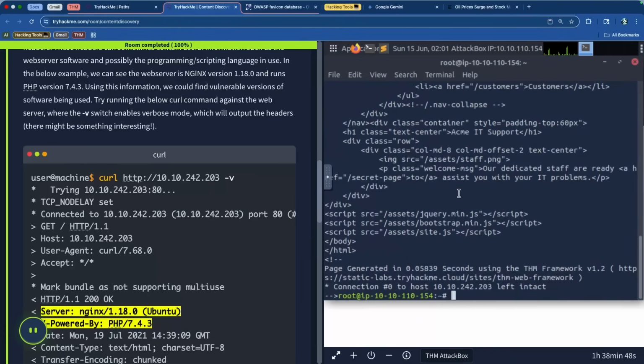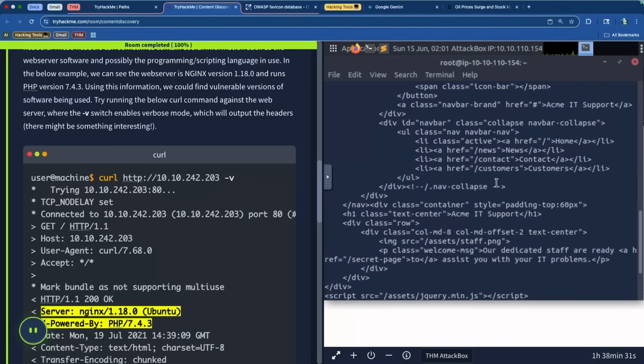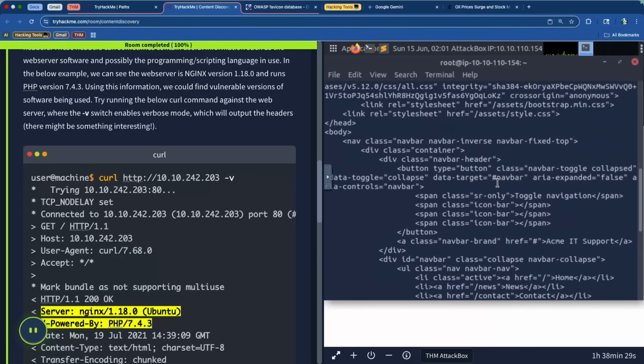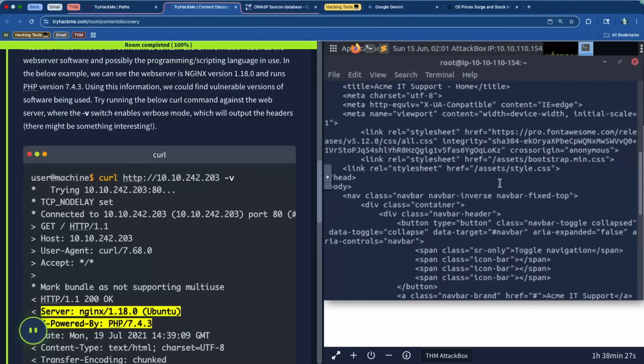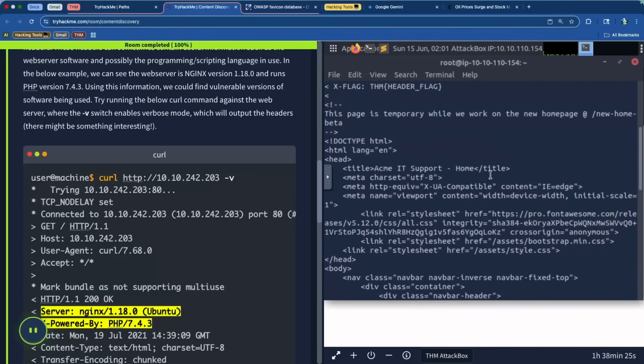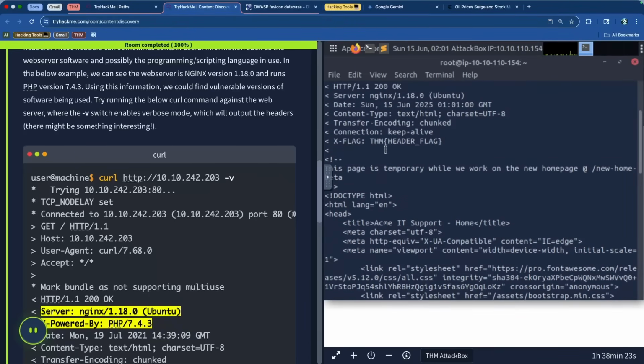It immediately returns something, and we are interested specifically in a flag. Now the format of the flags of TryHackMe actually have THM in them. So the letters THM in all caps are actually present inside of all of the flags that are available for TryHackMe. So if you know that you're looking for that, you can kind of scan the headers for this, and it's literally at the top right here in the